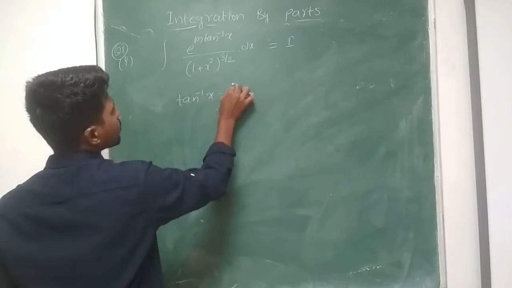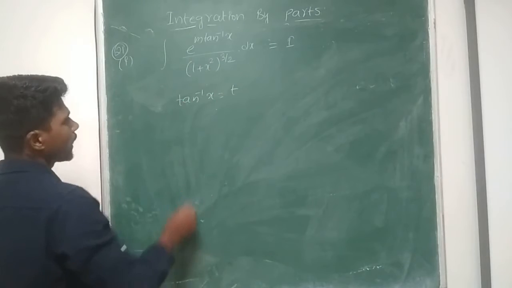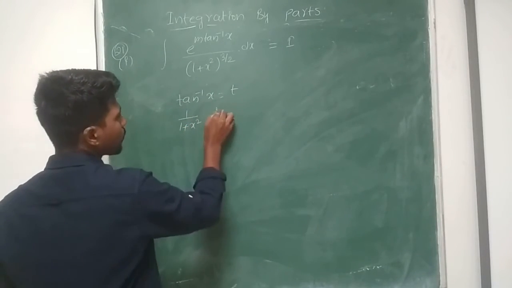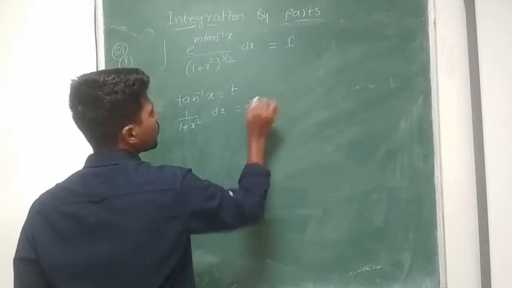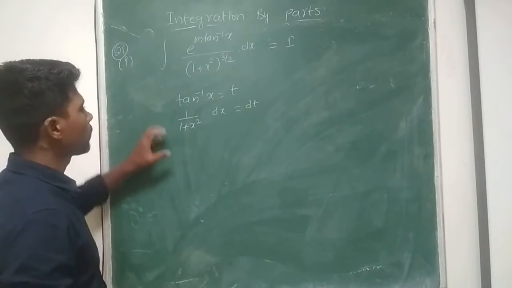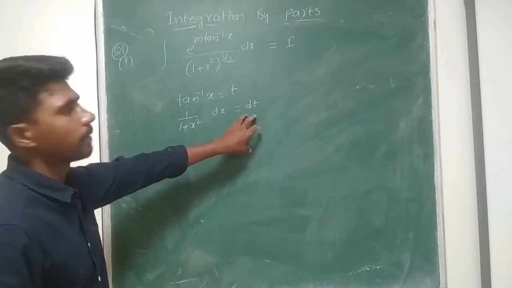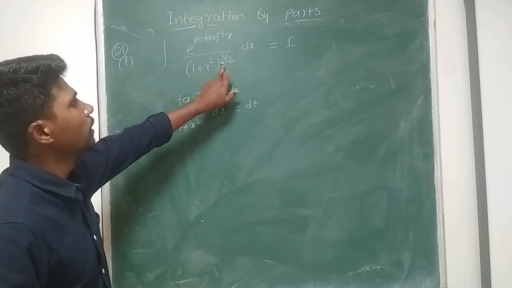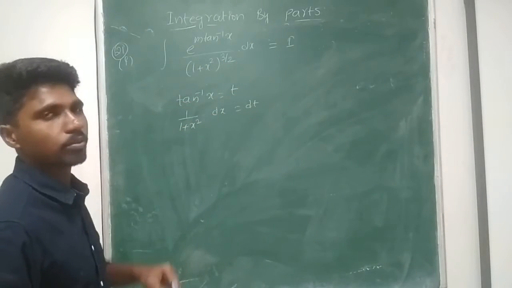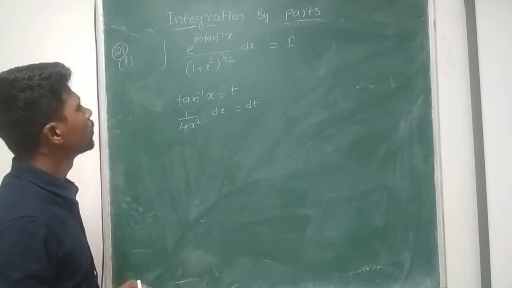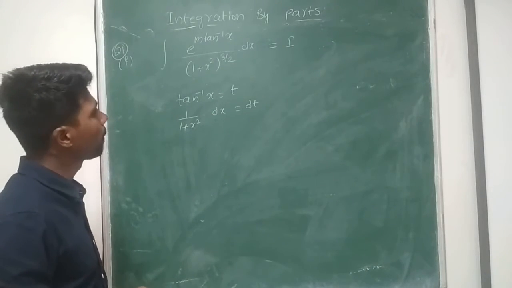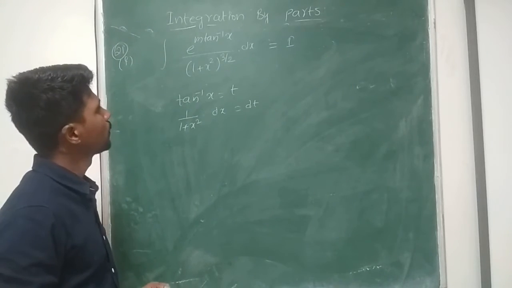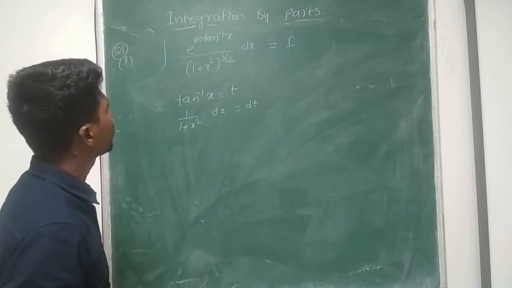Tan inverse of x as t. Differentiate both sides, I get 1 by 1 plus x square into dx, which is nothing but equal to dt. So 1 by 1 plus x square into dx is equal to dt. Now if I want to split this, it can be written as 1 plus x square power 1 into root over 1 plus x square. Okay, so then this can be rewritten as